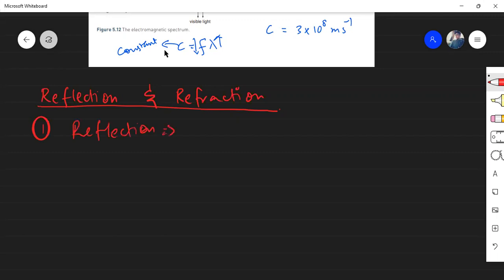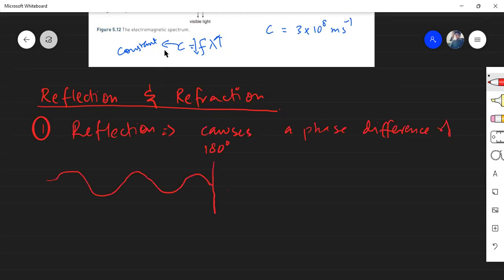Reflection is something that causes a phase difference of 180 degrees. So a wave and a reflection of that wave will be completely out of phase with each other. If you have a rope that's traveling in a wave like this, and it hits a wall at this point, then it gets